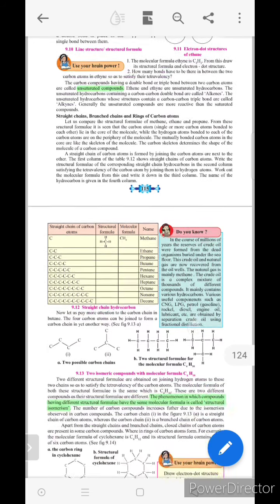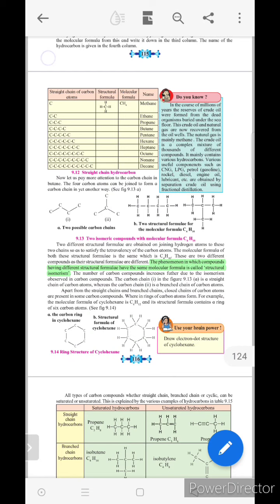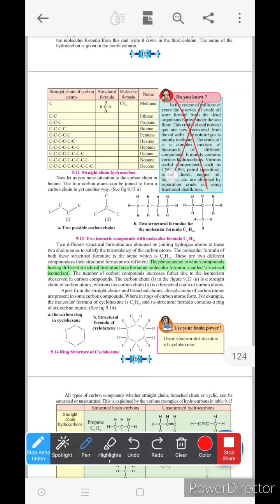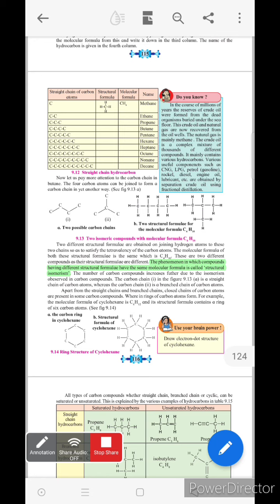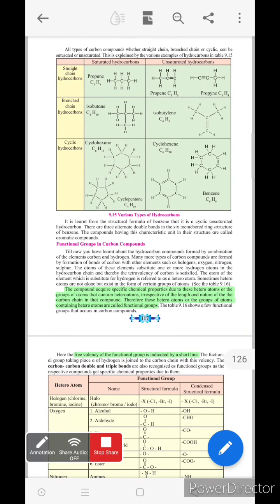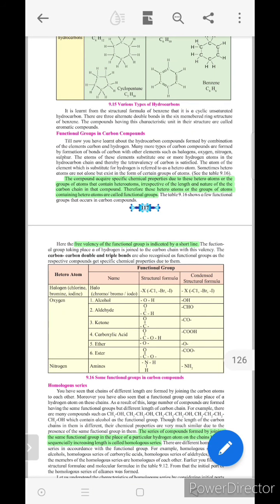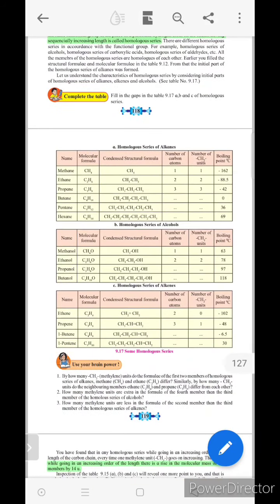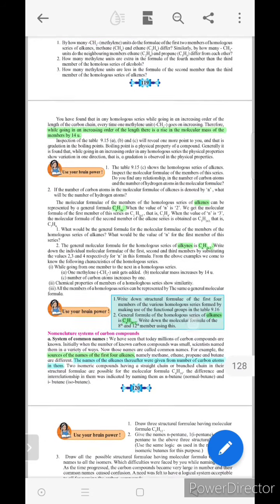Directly we will move on to page number 116. On page number 116, the green color box at the top right side, 'Do you know', the topic is removed. Only 'Do you know' is removed for this page. We will move on to the next page, page number 117. No reduction on page numbers 117, 118, 119, 120, directly 121, there is no reduction. 122, there is also no reduction. 123, there is no reduction.